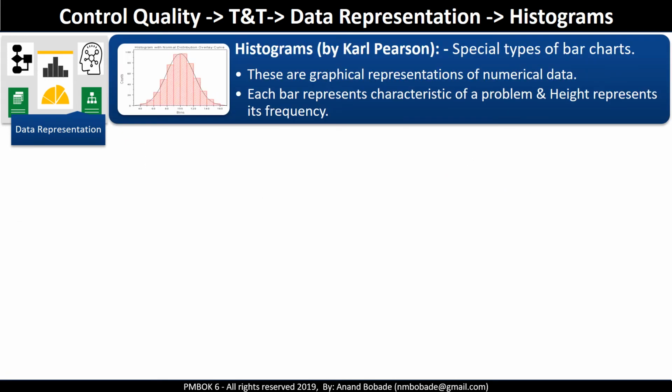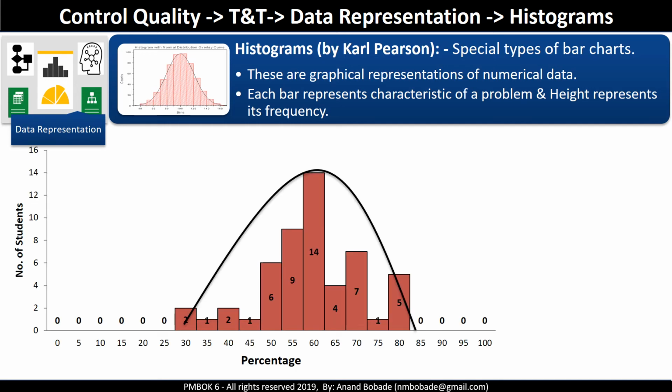Histograms. These are called special bar charts. These are the graphical representation of numerical data. They can show number of defects per deliverable, ranking of a cause of a defect, the number of times each process is non-compliant. For example, the deliverables have been